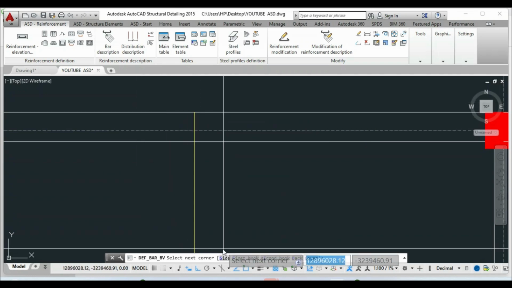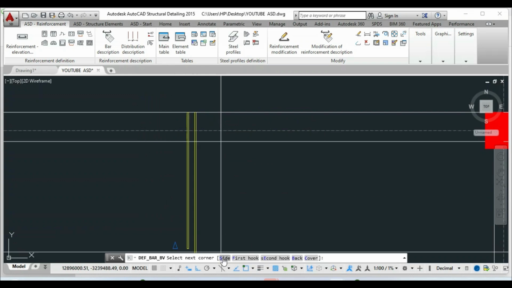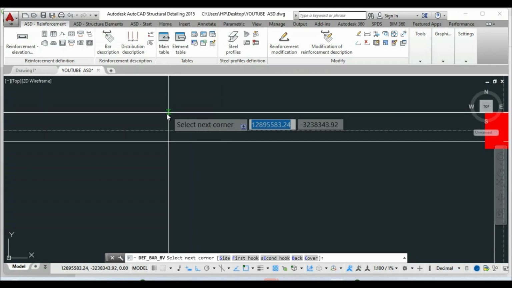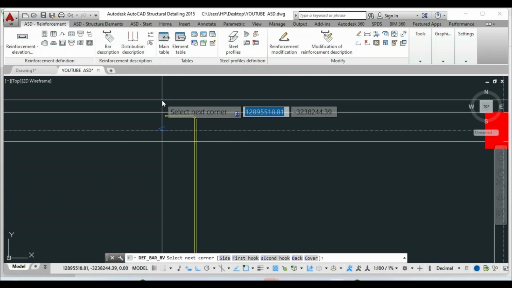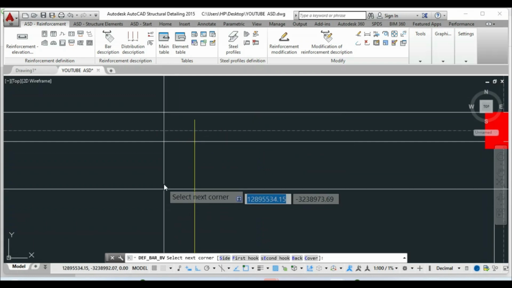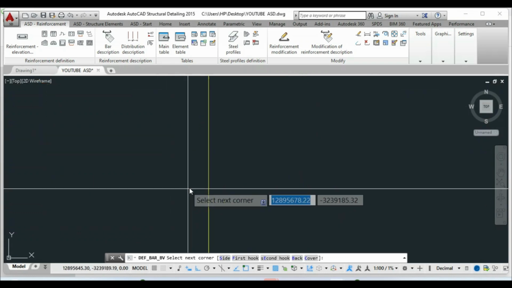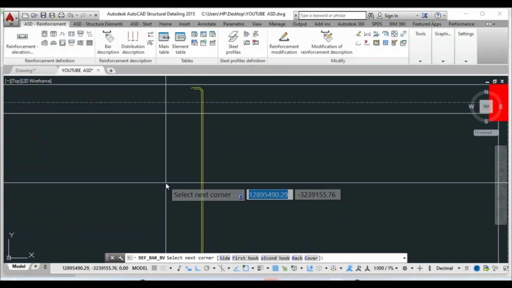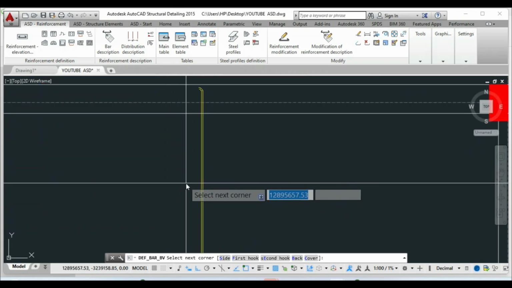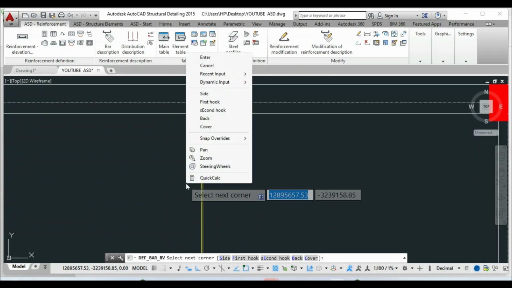I would select, come to the command line here, select side, and the crank length is supposed to be 100 mm. So I'll type in 100, enter, and then come down. You can place it anywhere. Later on, we'll get the right dimensions. So just place it here and click